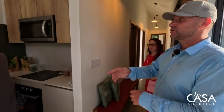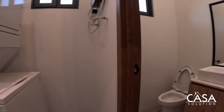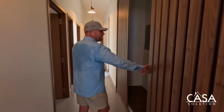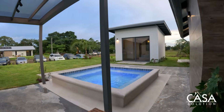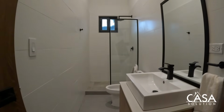So the house is block construction. In here we have the kitchen, and then back there we have a washer and dryer, and then there's a bathroom where you can convert it into a pantry. Every house comes with a solar package, a splash pool, and some covered outdoor space outside, which is very important for Panama. This is one of the guest rooms, the bathroom,